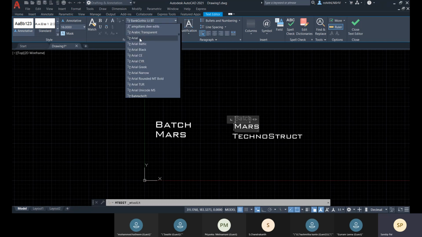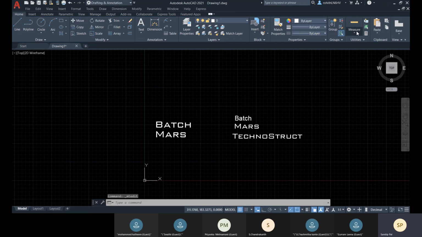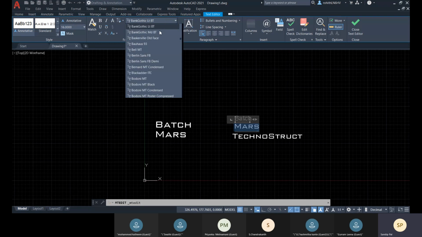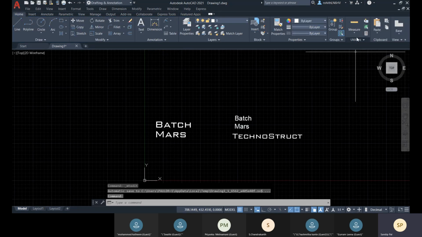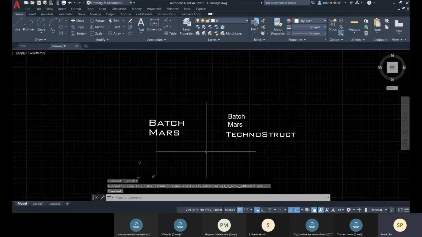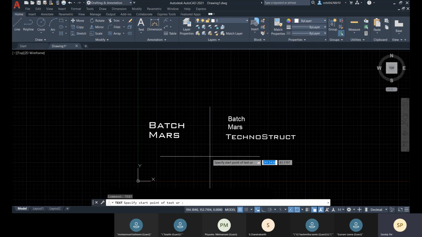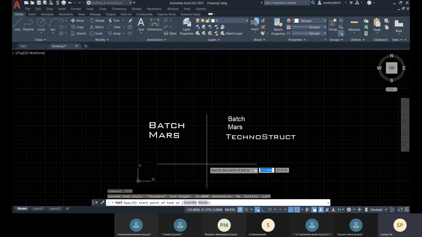So let me change it to video. So you have to select it, and then you have to change it to video. Okay. And now if you go for text, that is command for your single line text, and mtext is the command for your multi-line text.